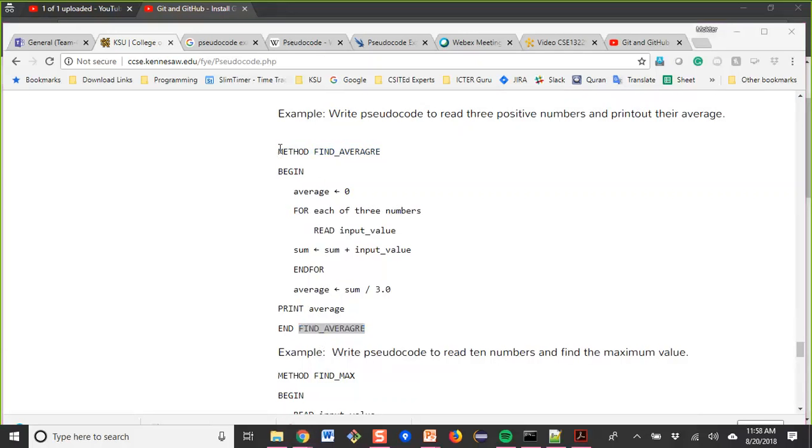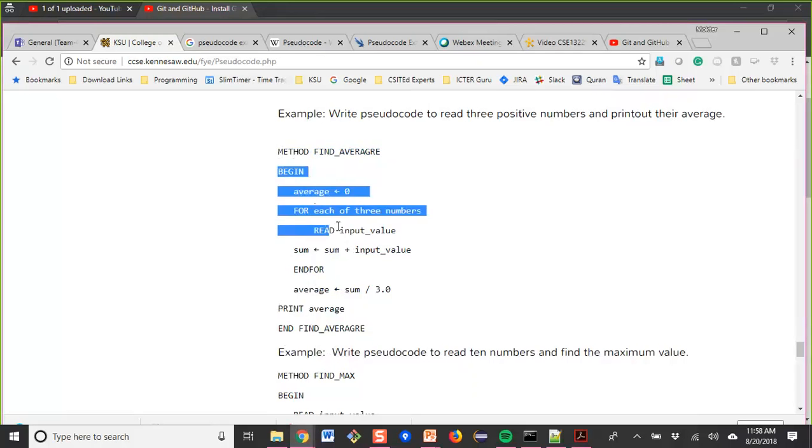Inside this method there is a block of code, right? So it begins, and then it has for, then end for, and then print. So you have named the entire block of code by the method name find average.